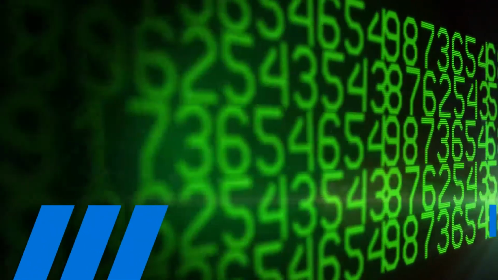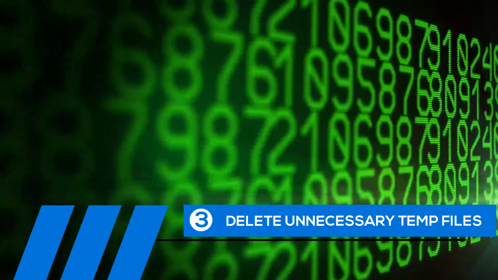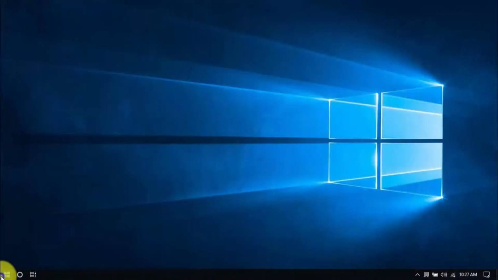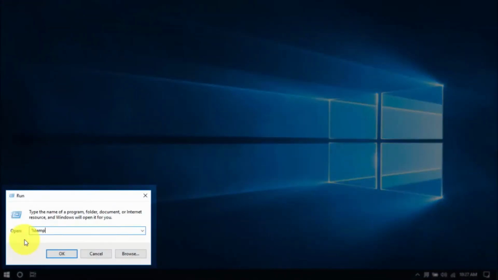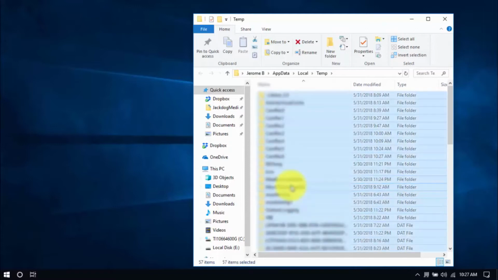Tip number 3. Delete unnecessary temp files. Your computer is loaded with temp files that are just wasting space and potentially causing problems. To delete them, right-click the Windows button and click Run. Type in %temp% and hit Enter. Select all the files here with your mouse or by pressing Ctrl-A on your keyboard and